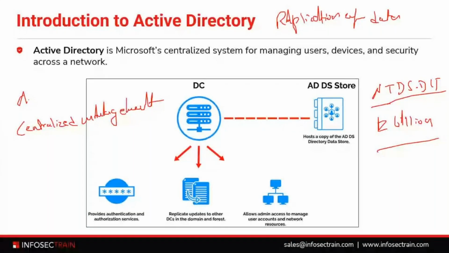But when it comes to complex business requirements, like if you have branch offices, redundancy is required. We'll talk about domain controllers, but what happens if the identities are managed from a centralized system? It is important that each branch is aware of the changes that have been made to the Active Directory